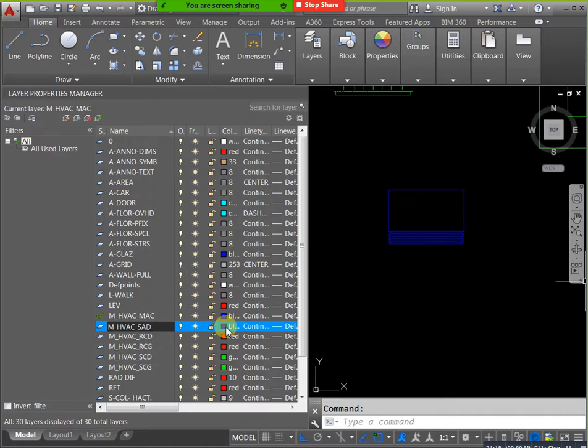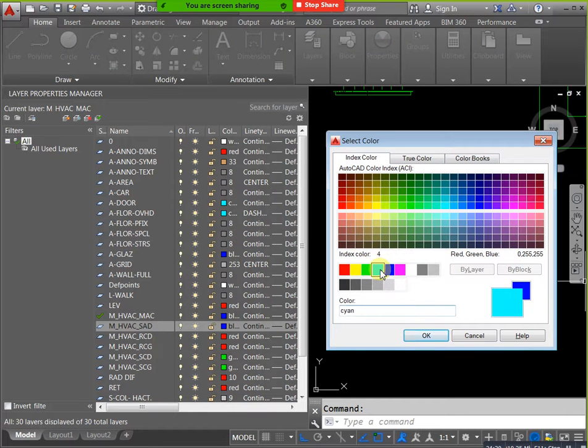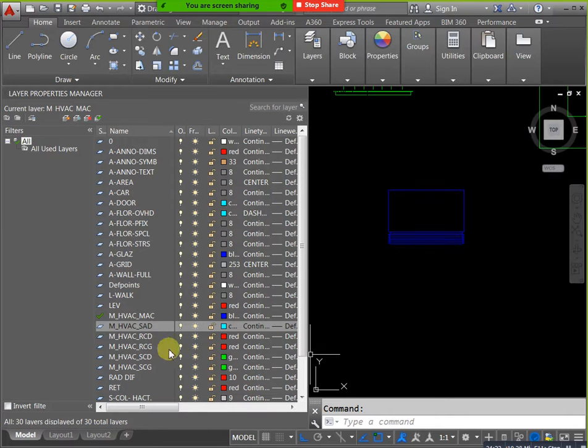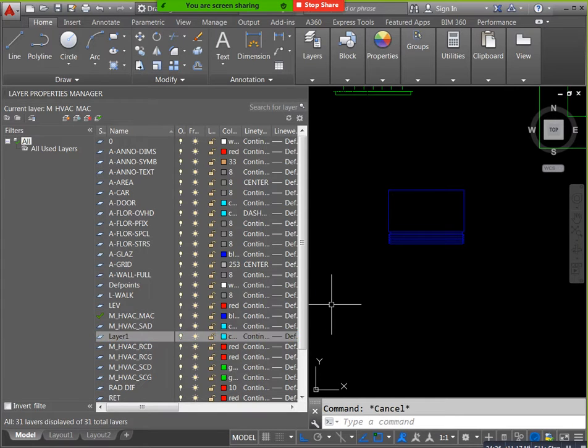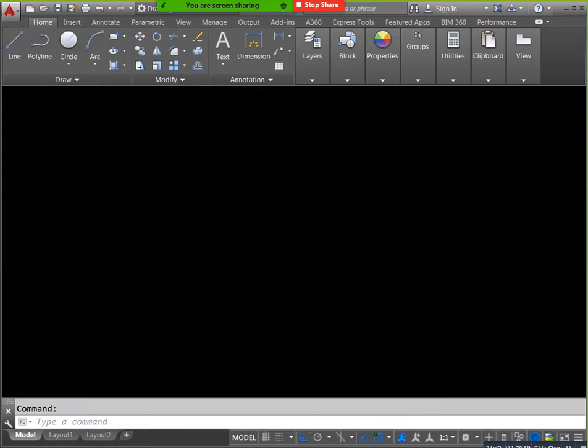If you need a mouthpiece, you can create it, or otherwise you can create normally, that's not a problem. Just select your SCAD and click here, then close this one. Now take L, enter, and take the midpoint here. Okay, how much do you have? For example, I have my duct like this. This duct width I know is 600. In that condition you can mention this side 300 and this side 300.